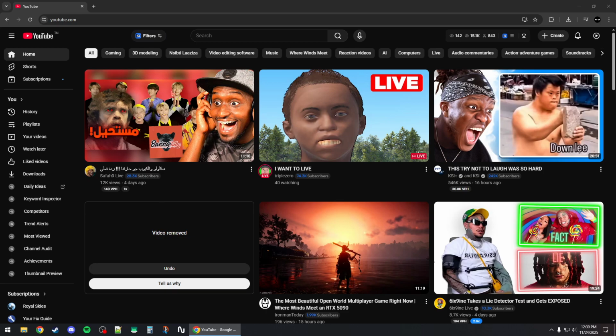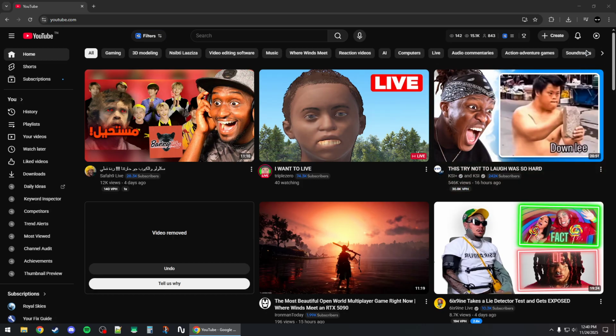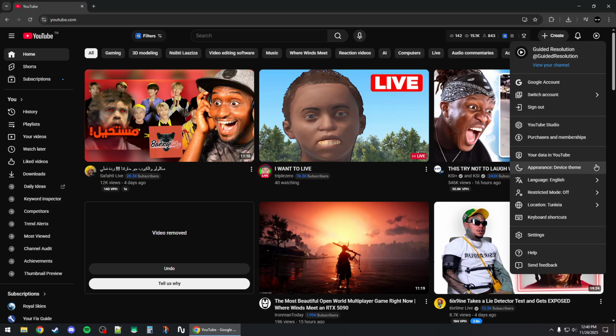How to fix restricted mode has hidden comments for this video on YouTube. First, you want to go to youtube.com and then you want to click on your YouTube channel profile right here on the top right. And then from here you can find the restricted mode where you can click on it